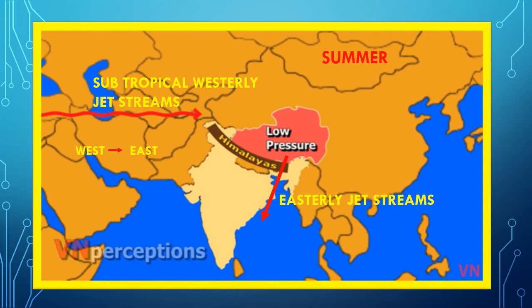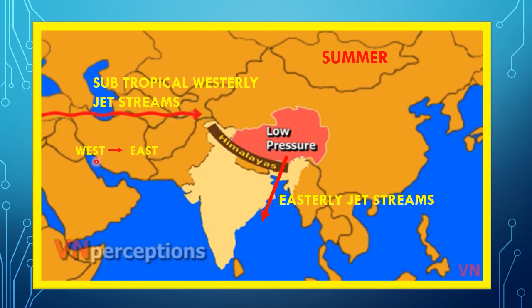During summer, the Tibetan plateau gets heated. As a result, it creates a region of low pressure. And so you can see the subtropical jet stream, which was blowing towards the south of the Himalayas in winters, now shifts towards the north of the Himalayas in summer. And as they blow from west to east, they are called westerly jet streams. Now when this westerly jet stream shifts to the north of the Himalayas, it gets replaced by the easterly jet stream,